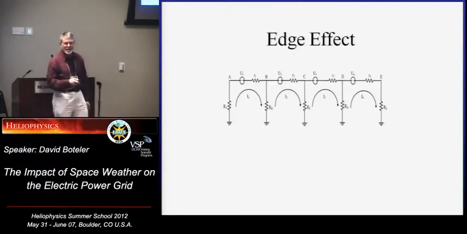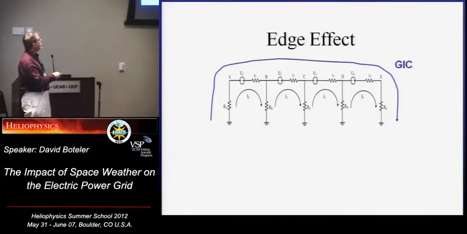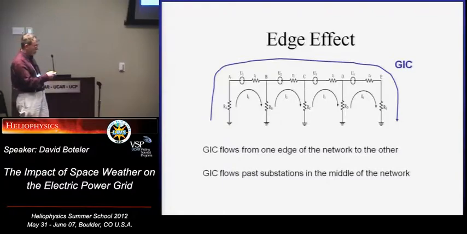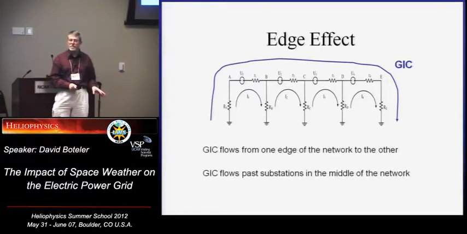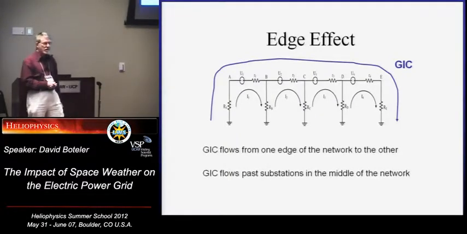Right, good. If you just look at these loops, the current flowing down here tends to cancel the current flowing up here, and vice versa. So in the intervening stations, the loop currents tend to cancel. The only place that's not happening is at the ends of the network. So you tend to get the effect that the GIC flows in from one edge of the network across the system and out on the other edge. And so you don't tend to get as much GIC in the middle of the network. So when you have problems on the system, it's not as if every substation is affected. There are specific, very basic ideas that help you understand why different parts of the network are affected.